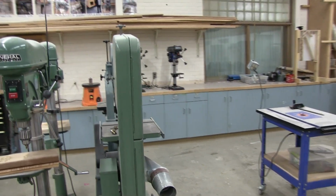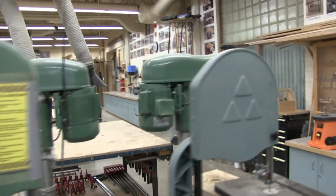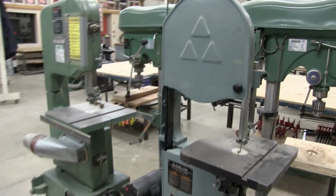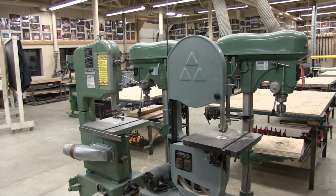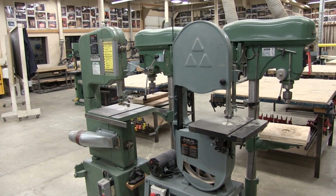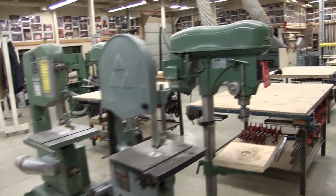Now here's our older band saws. Now we use these still. We have big classes, so if we want to use the old ones, we fire them up. They work just fine. We just pop them over to this area, and beside them are the two general,